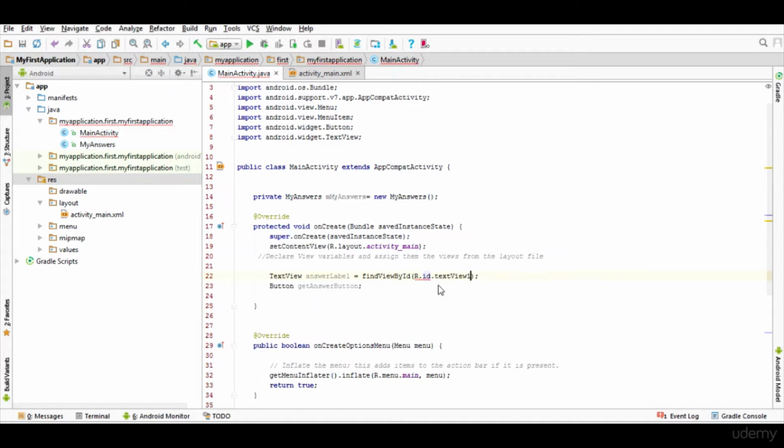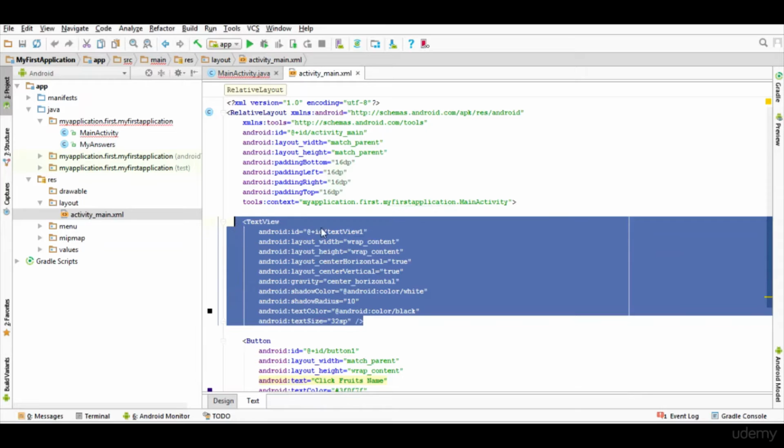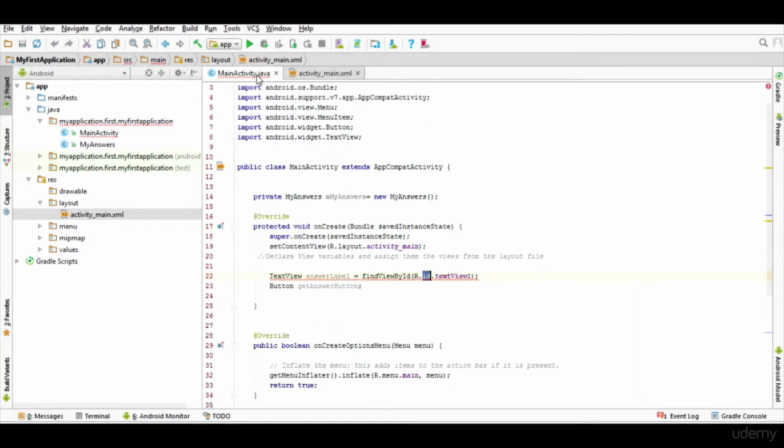So from where did you get this textView1? How did it recognize this? As you have seen, this is the resource folder, and R stands for resources, and inside the layout we have the activity_main.xml file, which is our main layout file. I'll open that and show it to you. Inside the TextView, as you can see, this is how we declared it in activity_main.xml. Here you can see this is my ID textView1. This view ID gets attached to my main activity class, and it will show how the view will look.